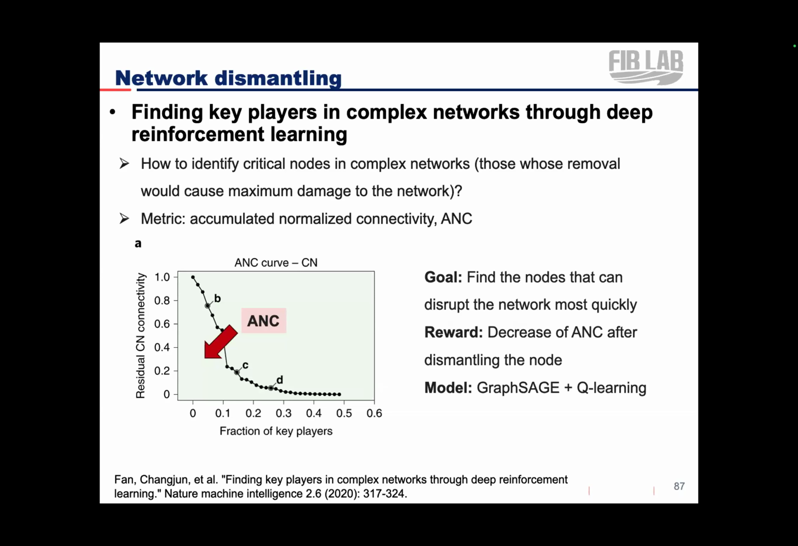And so in this paper, they use deep RL to solve this high-dimensional decision-making problem. So the goal is to find the nodes that can disrupt the network most quickly. So the reward is defined as the decrease of ANC after dismantling a specific node. And the model they use is a combination of GraphSage, which is a GNN, and also deep Q-learning, DQN. And then they combine these together to solve this